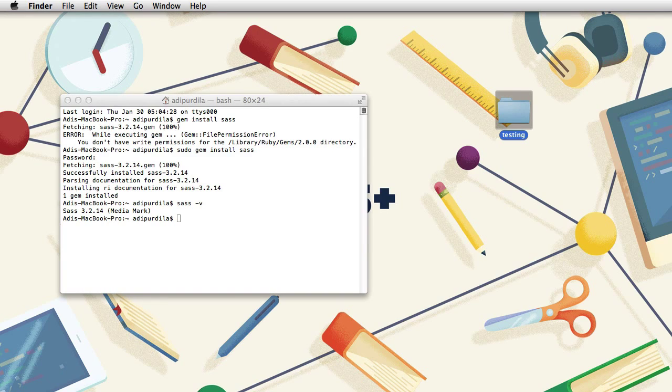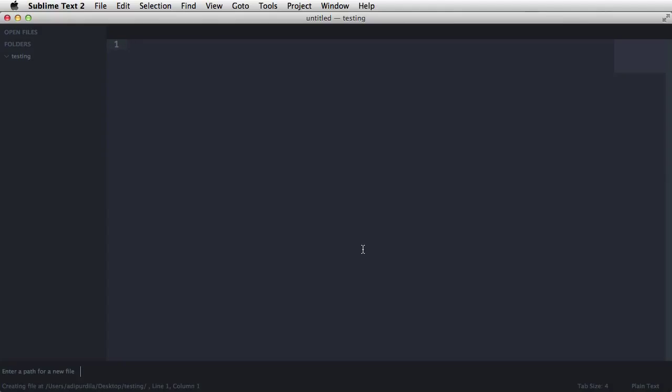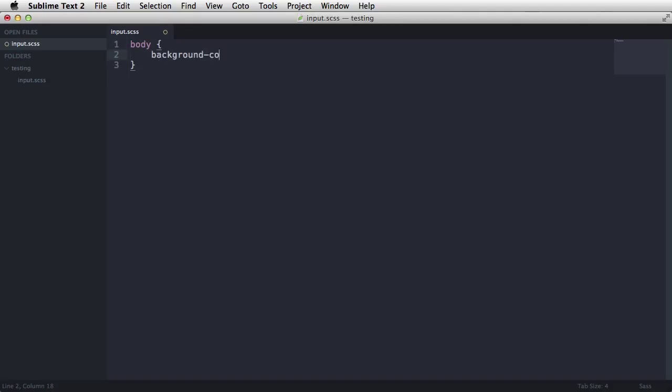So in my code editor, I'm going to do a new file. Let's call it input.scss. This is the newest extension for the Sass files. I'm just going to say body, something like background color. Let's set this to red, for example. Okay, we're going to save this, and we're going to go back to the terminal,